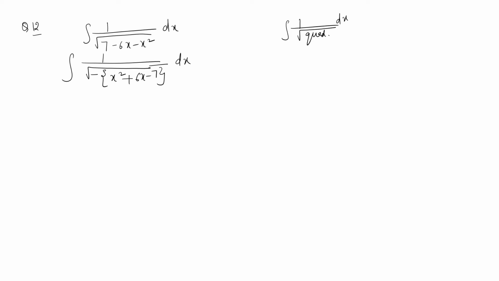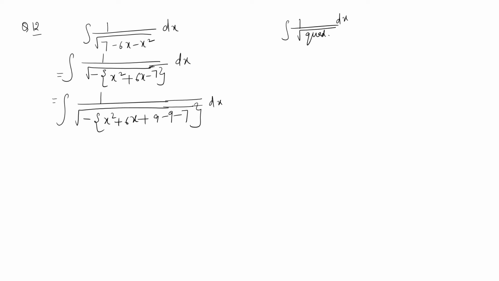Be careful about this bracket because I cannot take this negative sign outside, right? Because it will make it a complex number otherwise. So have the complete solution like this: x square plus 6x. What is half of it? It is 3. 3 square is 9 minus 9 minus 7, right? And it is your dx inside the root. So it is 1 upon integral minus times, this becomes x plus 3 whole square minus, this is 9, minus 9 minus 7 is 16, which will be your 4 square, right?